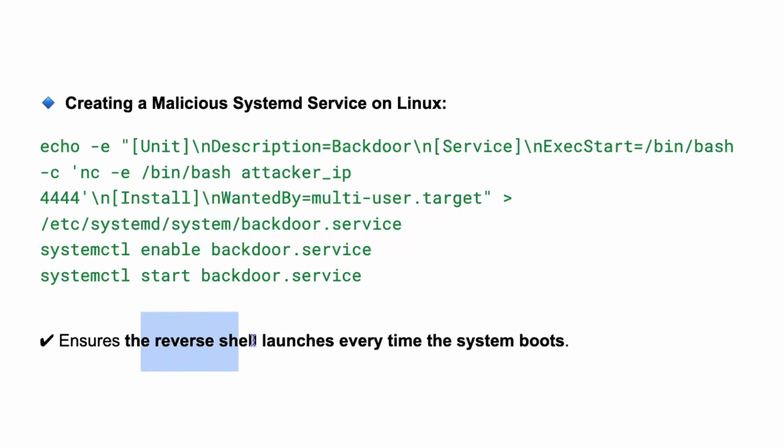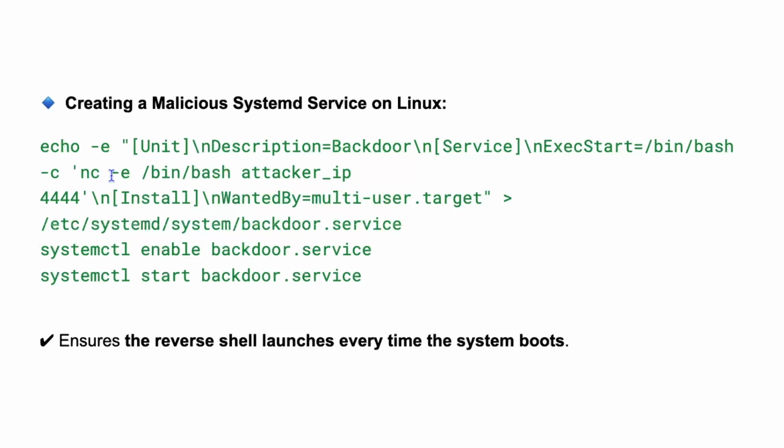And this ensures that the reverse shell launches every time that the system boots. And if we wanted to look at this a little bit closer, this is just a \n, which gives us a new line. And we have a description, which is the backdoor, new line, service, new line, execute start. And then what it's doing right here is executing /bin/bash again. And then this piece right here, which we looked at in the previous example, is going to use bash to execute netcat,